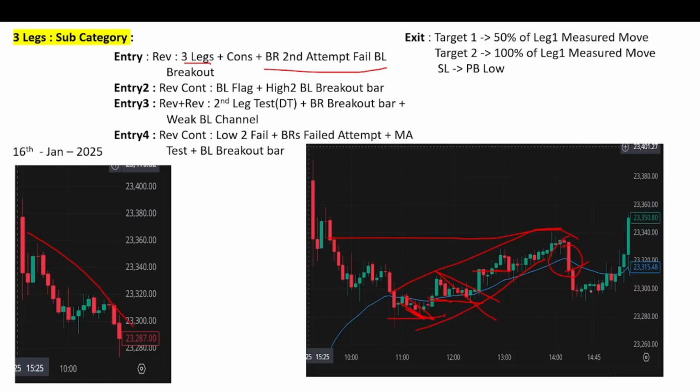trade, which happened to disappoint you and it didn't give much profit, so you enter when it disappointed with these all doji bars. And when you got the high 2 again and after low 2 has failed, bears failed attempt, MA test for the bulls or just EMA test for the bulls, and bull breakout bar happened, you can enter here again and get some more profit from your reversal trade.